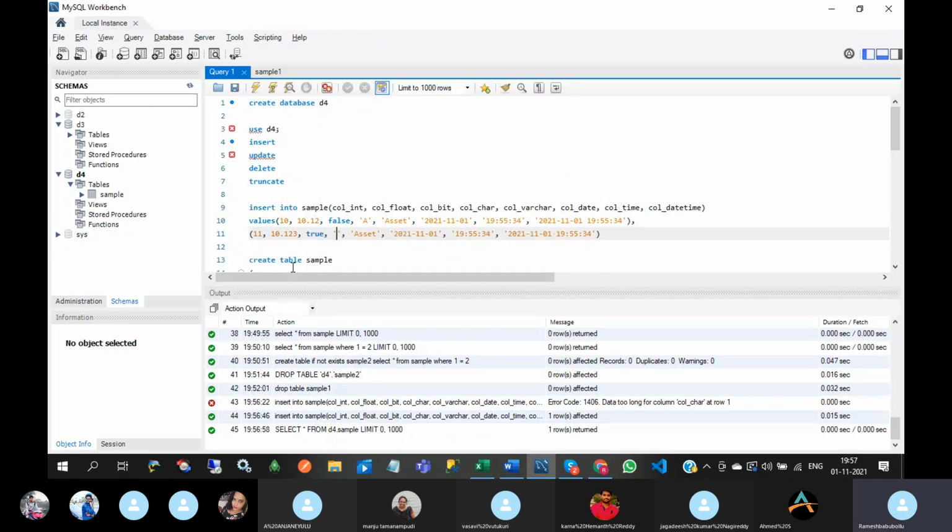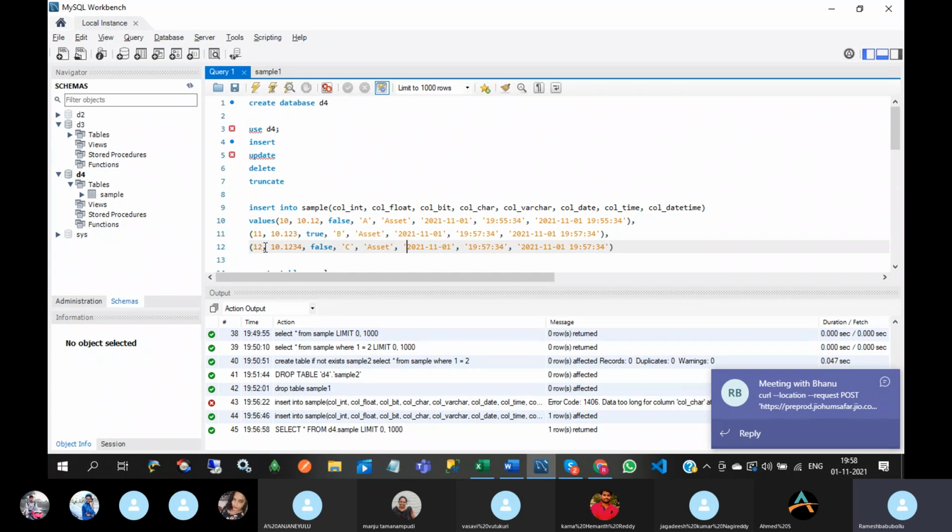This time true I am giving, this time B, time is 7. Like that you can put a comma and give 12, 4. This time I am going to give false, C, 8, 8.